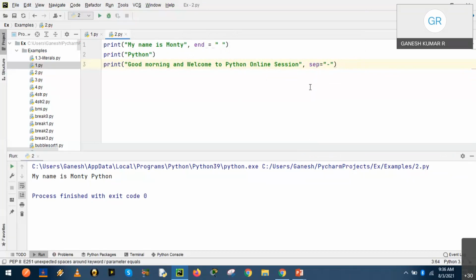So the next keyword is the utilization of the key sep, right? This keyword could be used to introduce special characters in between the arguments. So for example, run the program.